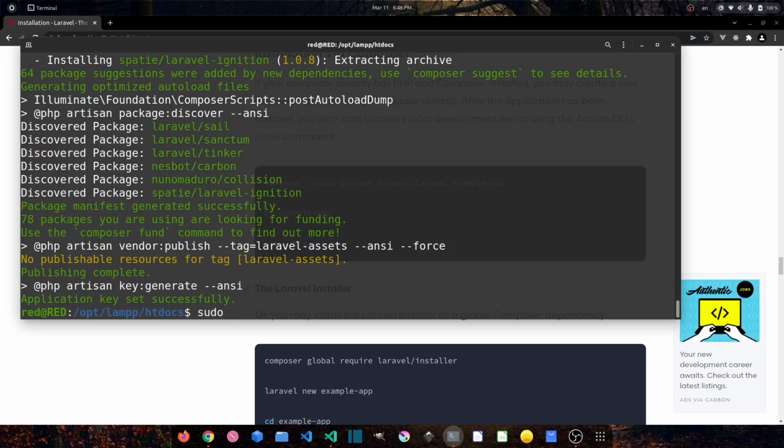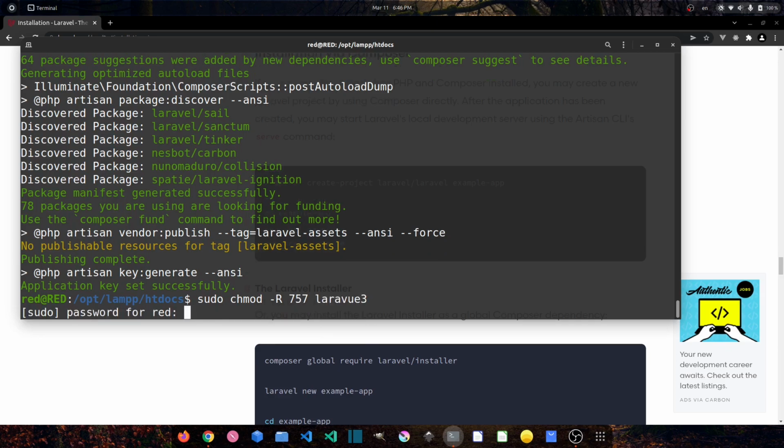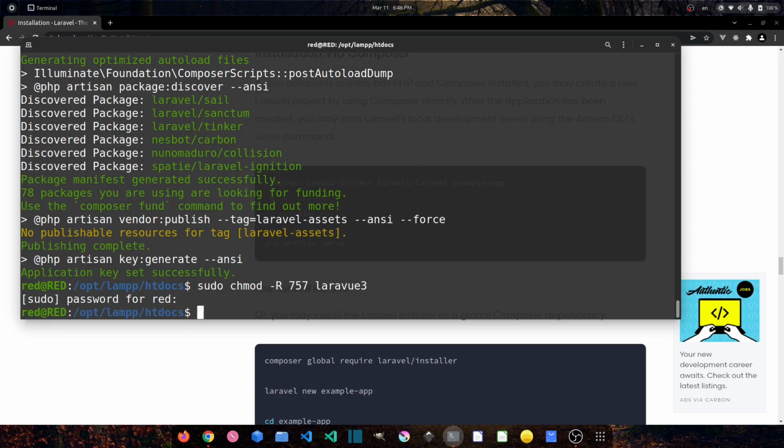So let's say sudo chmod -R 757 laravel3 and press enter. Now let's go to our project directory. So cd laravel3